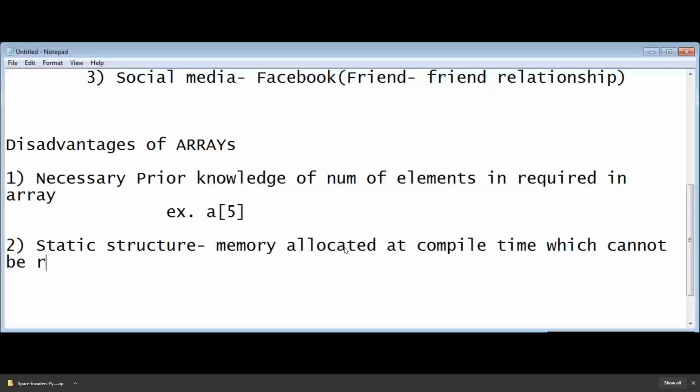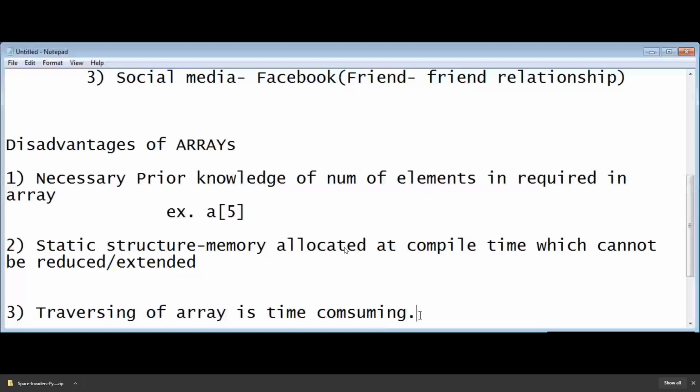Meaning if I want to go to location A of 10, for example, my for loop has to go from i equal to 0 onwards.